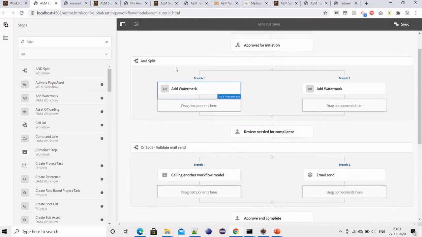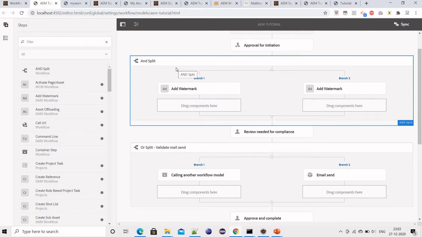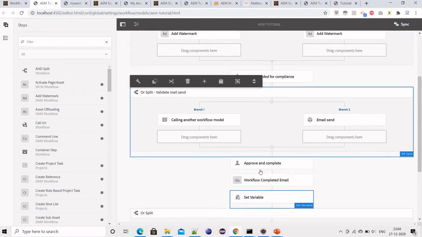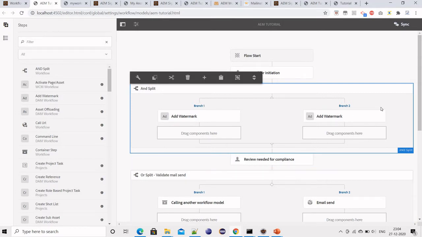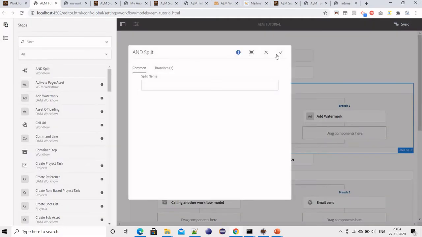Okay, there are several components available which we can configure while we create a workflow model, and split, or split, and others as well that I have used. I will explain whatever I have used in this workflow model. And split is one in which we can have different branches, one or two. Like we have an and operation, right? It means every branch should be executed. Whatever we want to add, whether it's a process or a participant step, how can we configure it?